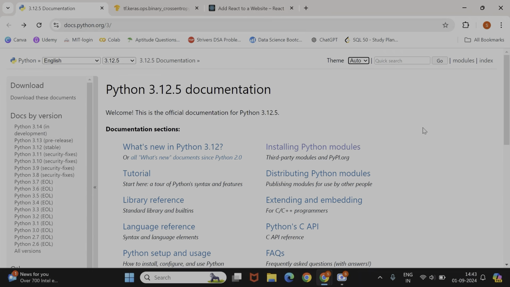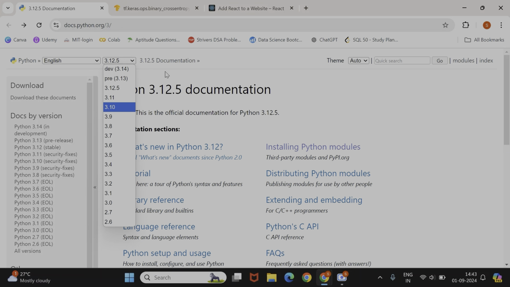So this is the official page for Python documentation. In the navbar, you can see that there are multiple options for the languages that you can choose to look at the documentation. We have 10 different options here. After this, you can see a bunch of numbers. These are actually the versions of Python. So if you select any one of them, you'll get the documentation of that version of Python.